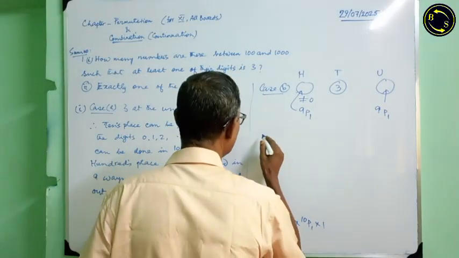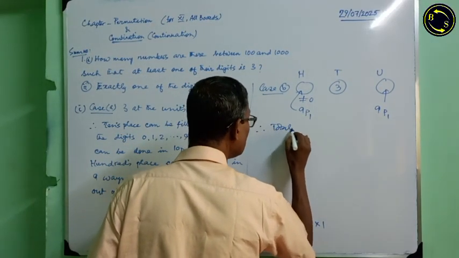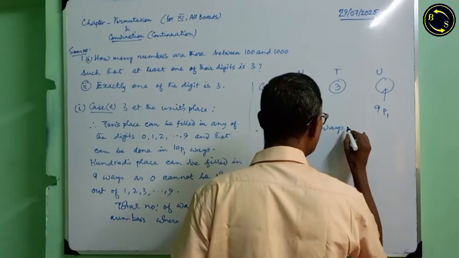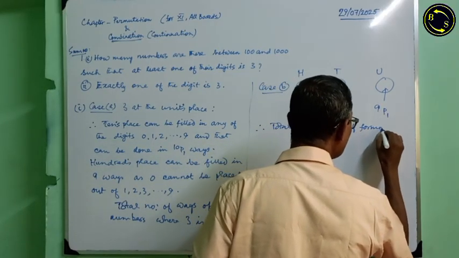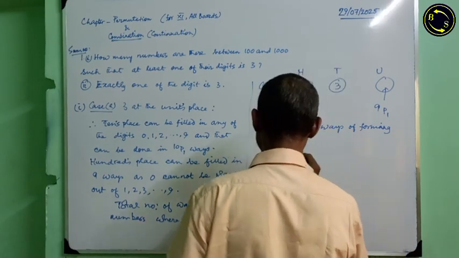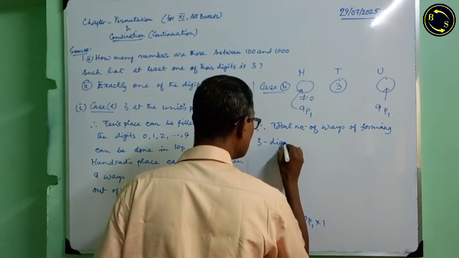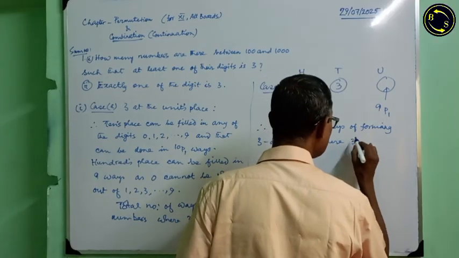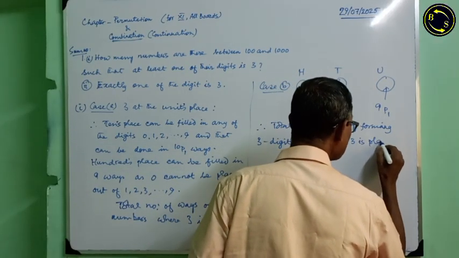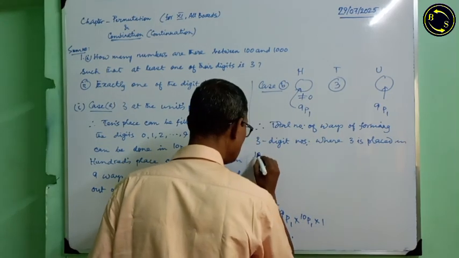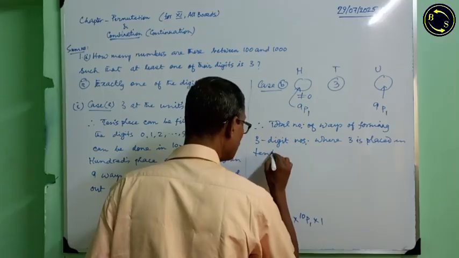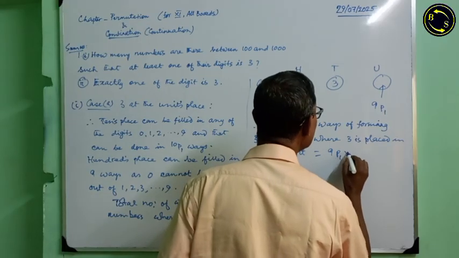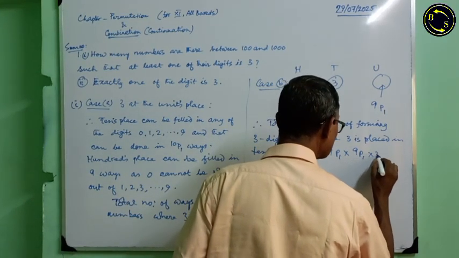Therefore, total number of ways of forming three-digit numbers where 3 is placed in tens digit is equal to 9p1 into 9p1 into